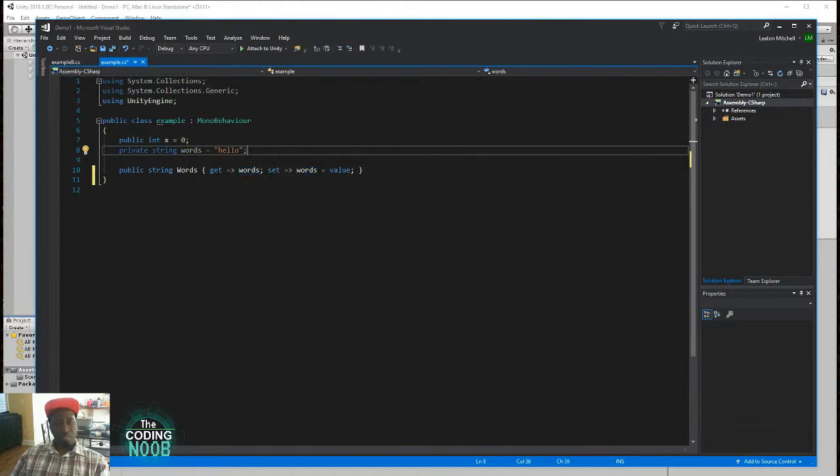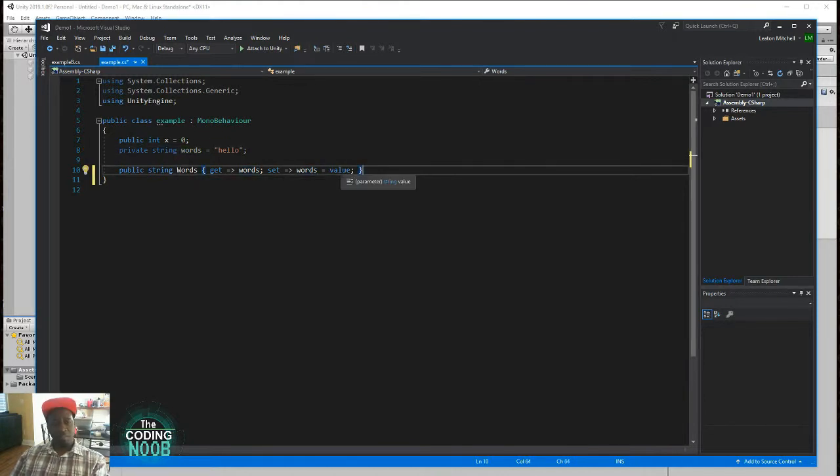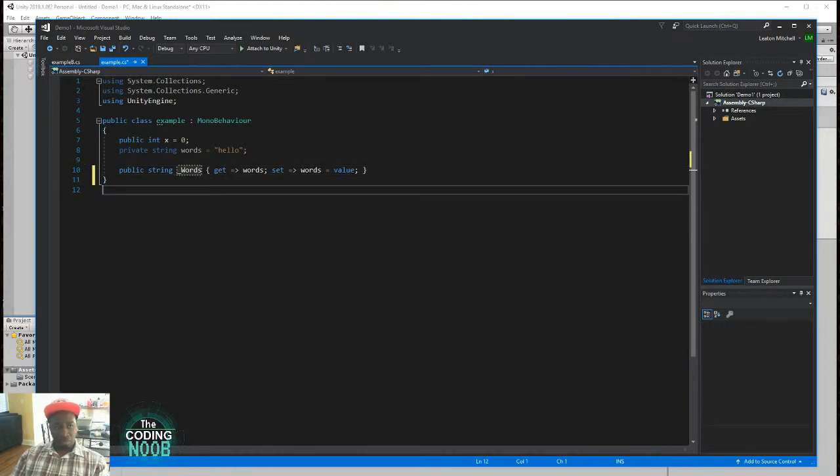Well, anyways, this is basically another way of writing the getters and setters. So you see here, it's doing the same thing. What are you getting? This information, words with a lowercase, which is different from the uppercase. I can even put an underscore just to show you it's completely different. So it will get that, and when you try to set, it will also be setting the word's value